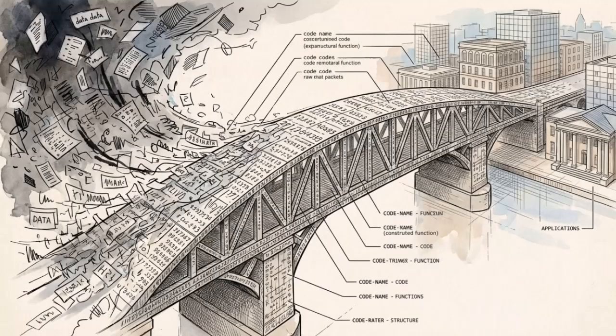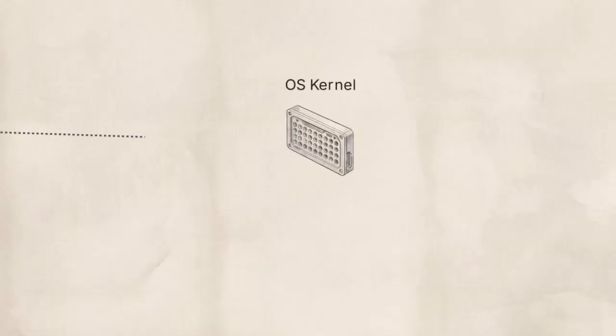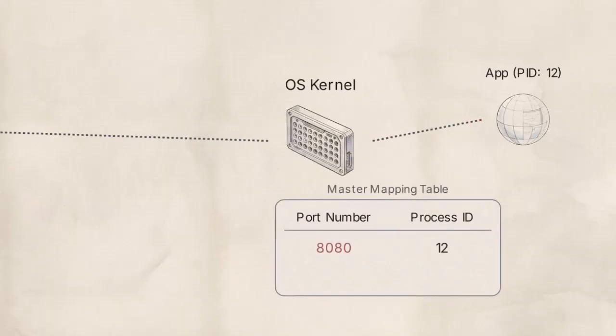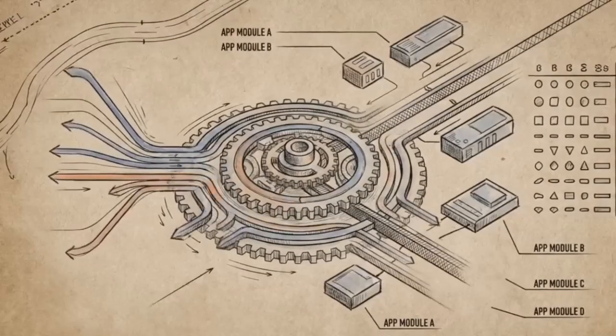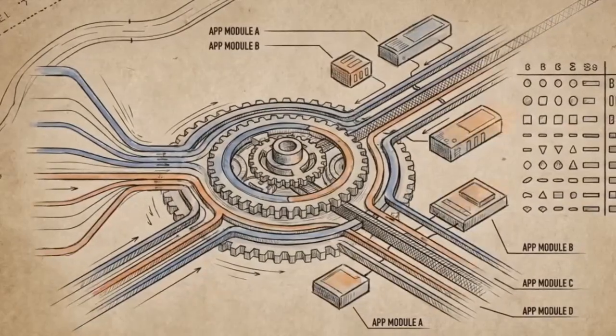specific user applications. A common misconception is that applications own their ports or listen to the network wires directly. In reality, the OS kernel is the central gatekeeper. Programs request port numbers, which the kernel links to the application's unique process ID in a master mapping table. When data arrives, the kernel checks the destination port and routes it down the assigned internal pathway. Because ports are managed at the kernel level, the operating system retains total control over how network resources are distributed